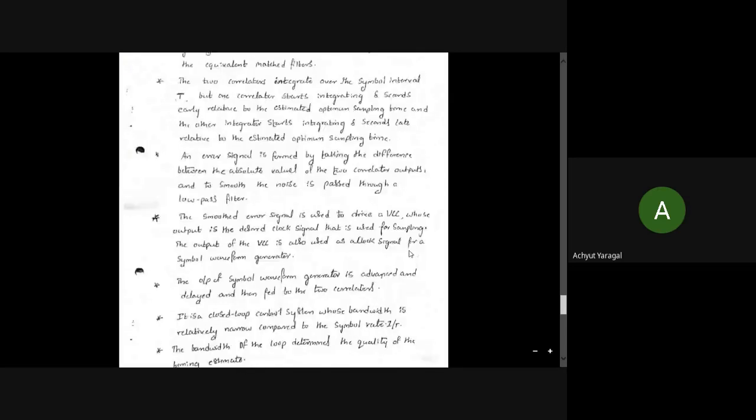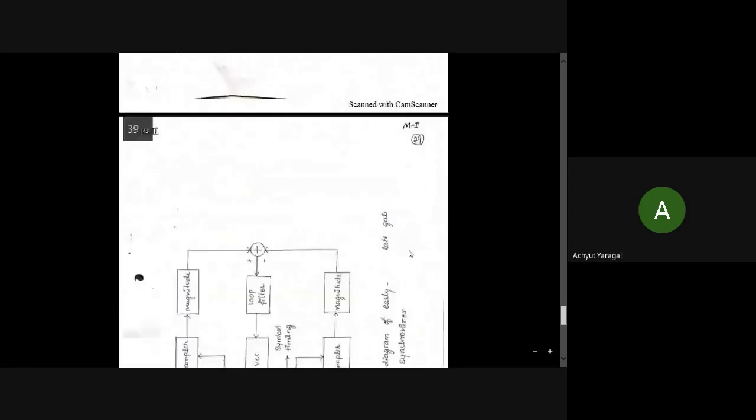Now, proper sampling timing will be at the midpoint between capital T minus delta and capital T plus delta. That is nothing but our condition, the condition that is required to form the early late gate symbol synchronizer. Okay, let us understand this particular thing with the figure that is given here. Let us go on to understand this particular figure. Very simple to understand. I think I have to rotate this one here.